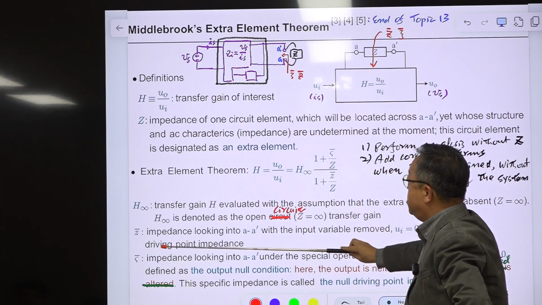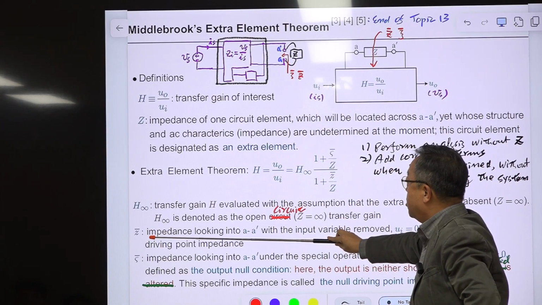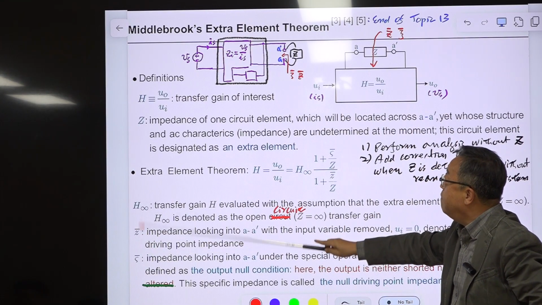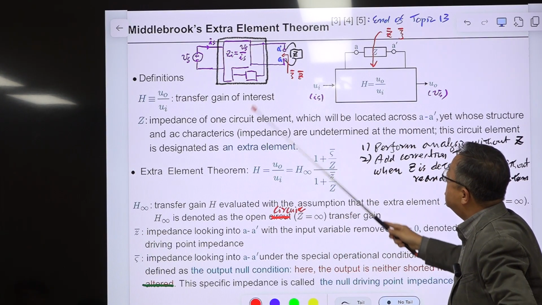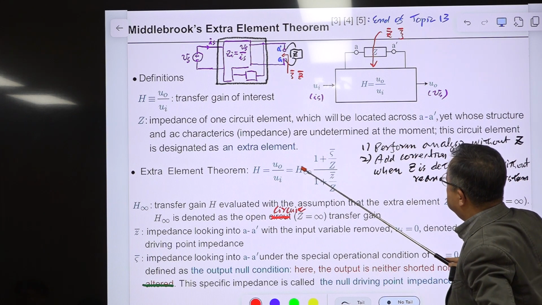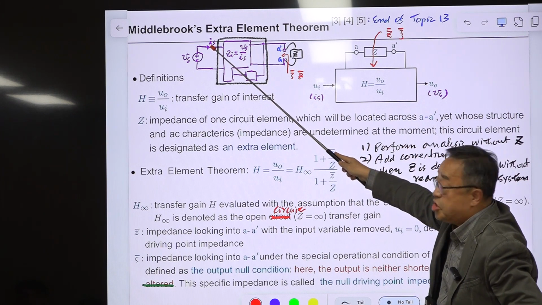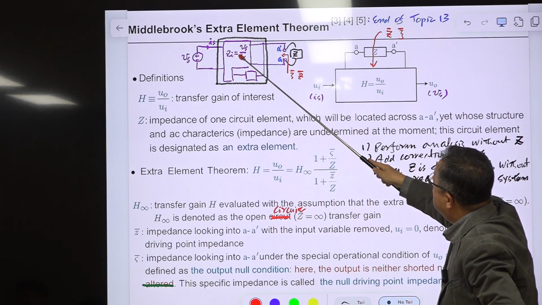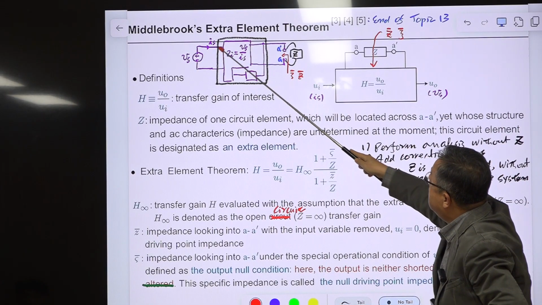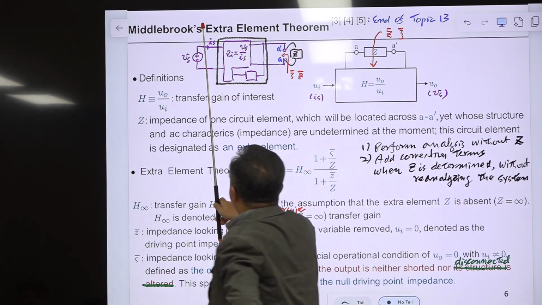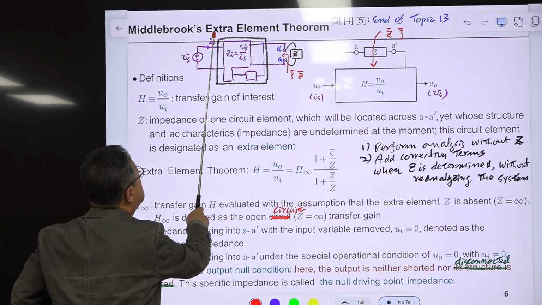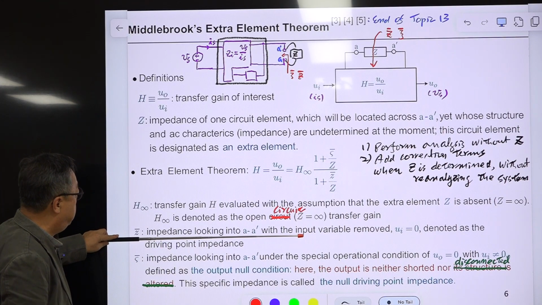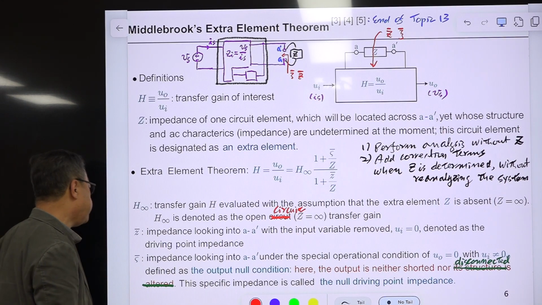So think of this as the output impedance of the uncoupled converter, and for the evaluation of G bar, we assume the input is 0. So the input is 0. Then this is 0. Input transfer function, this is the input of this GI. This input, then this is the open circuit. So the input is 0 and this is open circuit. With this condition, we evaluate this G bar.